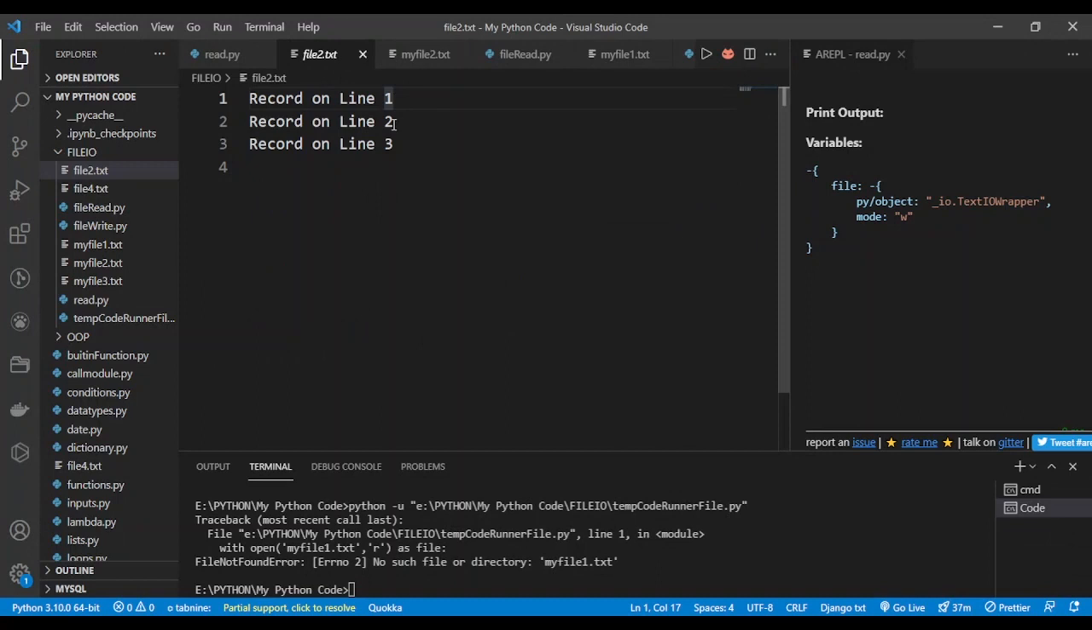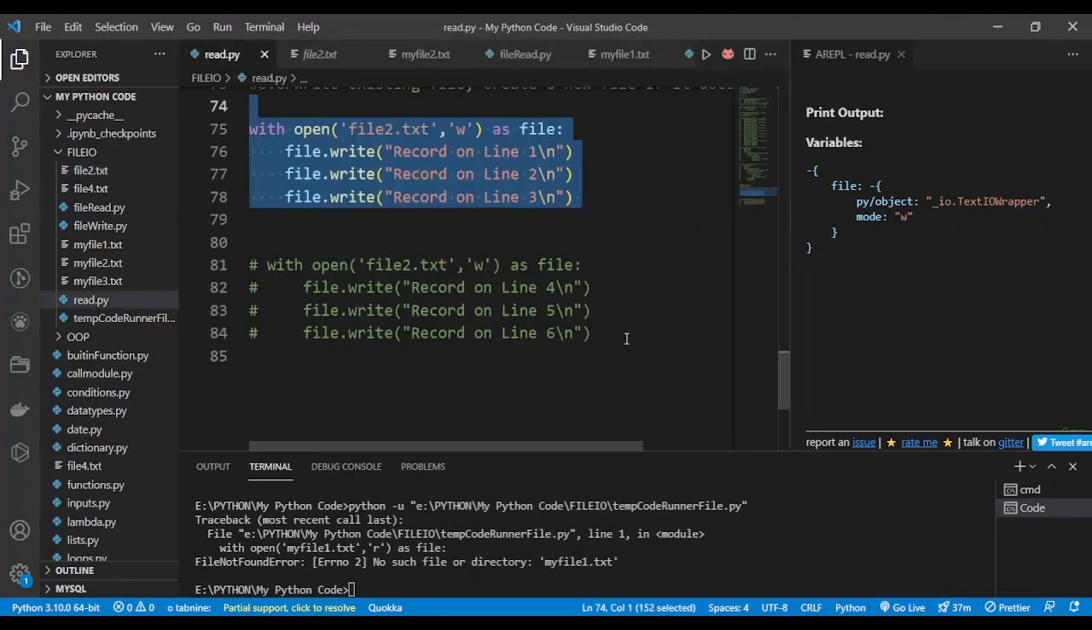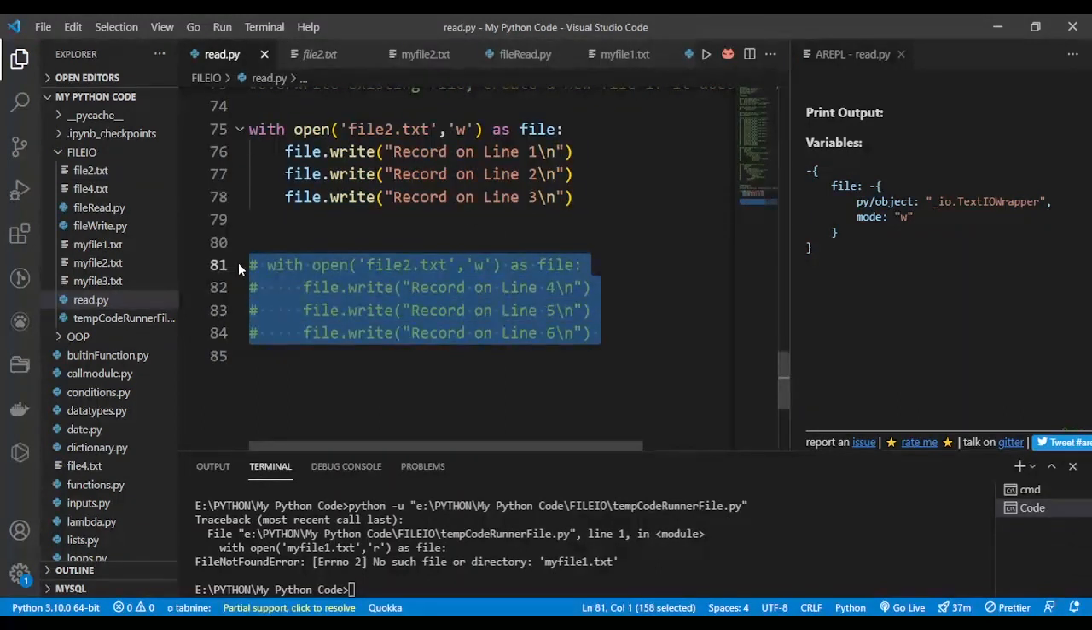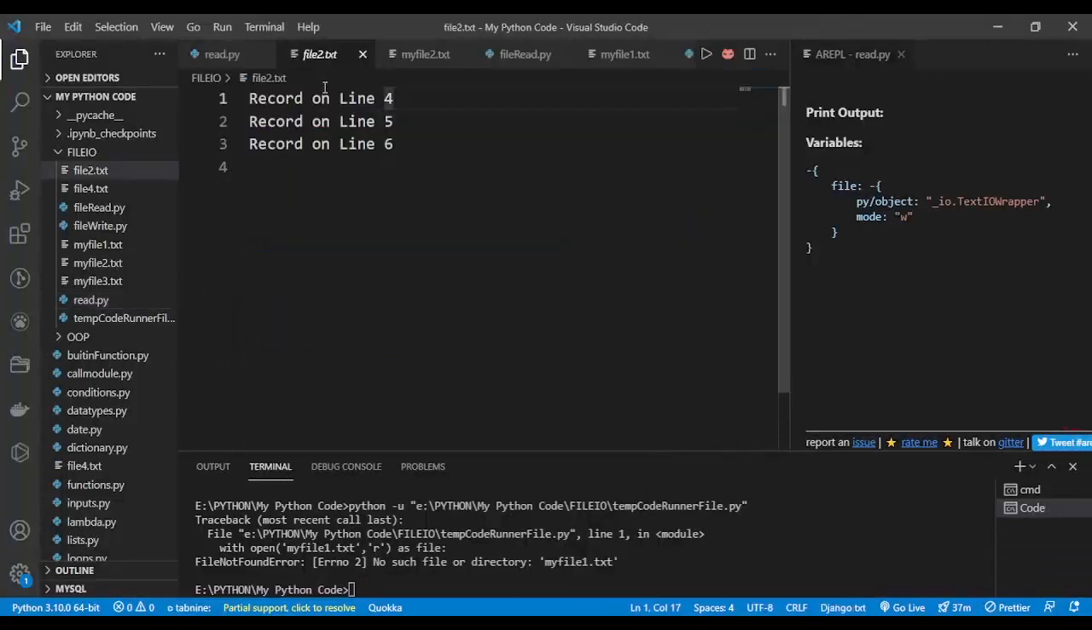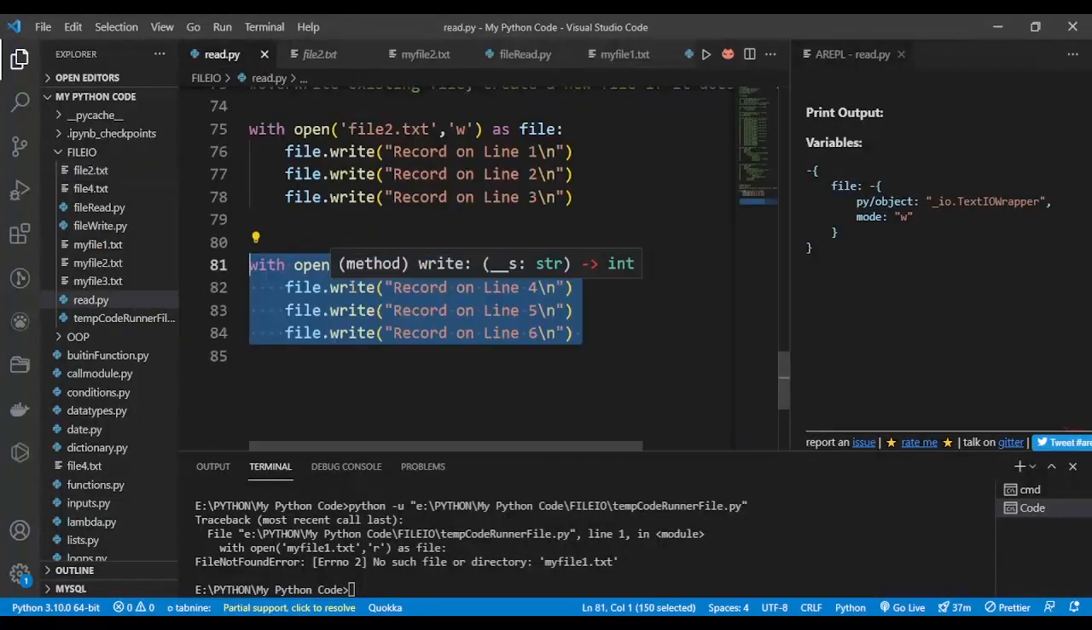You see, it says record number 1, 2, 3. Now, if I do this, it is going to overwrite it because I have closed it and I'm opening it again. And with the overwrite, you're going to see record 4, 5, 6. Now that's different from if I